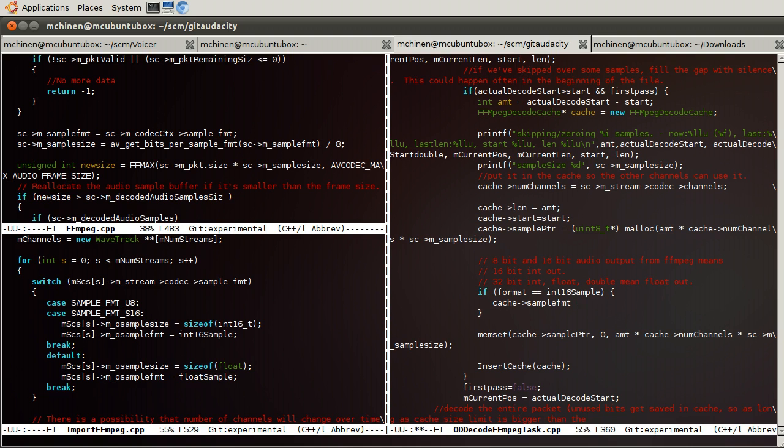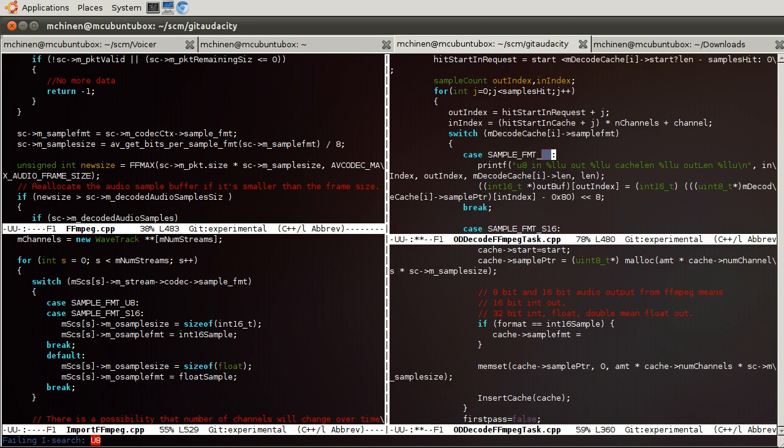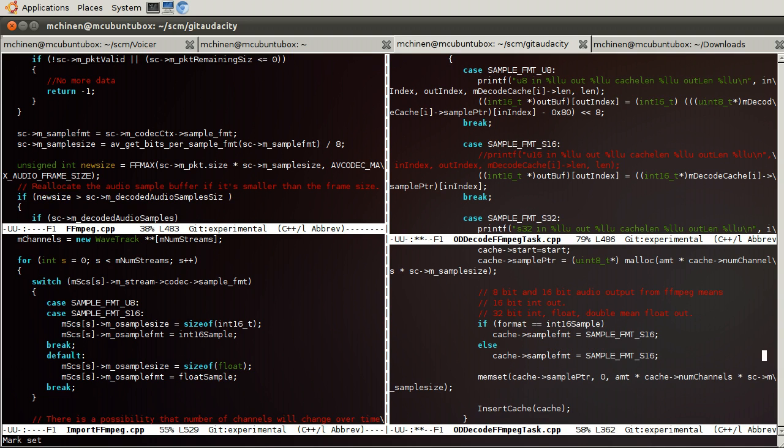Oh, now, hold on. U8. There we go. So we'll just keep it nice and simple and have it so we don't have to do any conversion. Like that. And like that. Lots of trailing white space. Lovely.